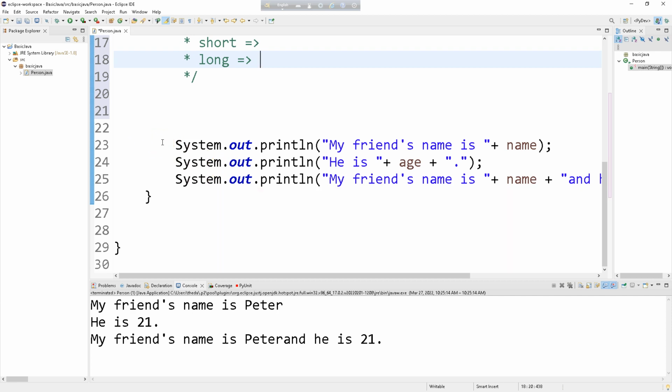Now we are going to discuss if else, Java conditions, and if statements. We can use these conditions to perform different actions for different decisions. So for example, I can say